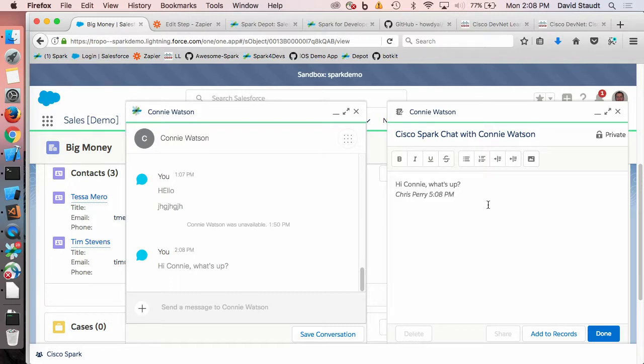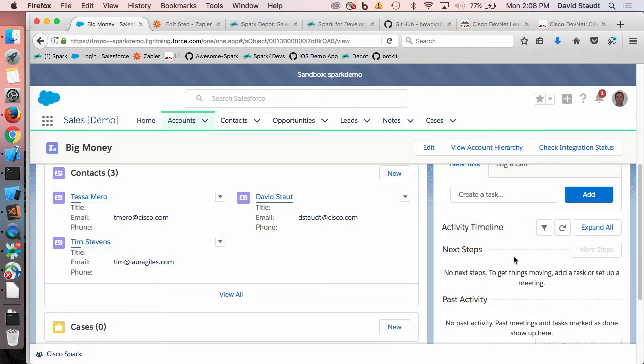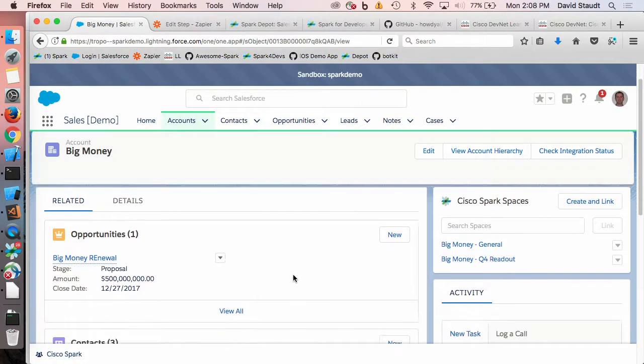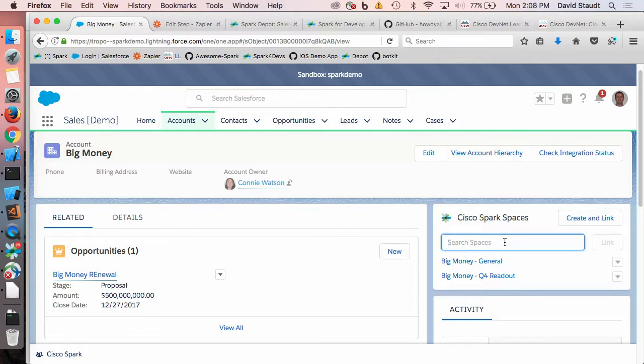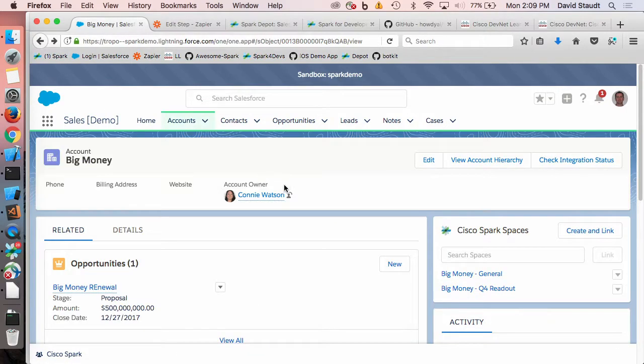So I have the option to add my own notes, edit, and save that to the notes section of this particular account. I can create additional Spark rooms, or what we call spaces, for different projects or groups that need to be working together, maybe small groups that belong to this account, and we can link those to this account as well. I can start a video call with a group or with Connie just by interacting with her